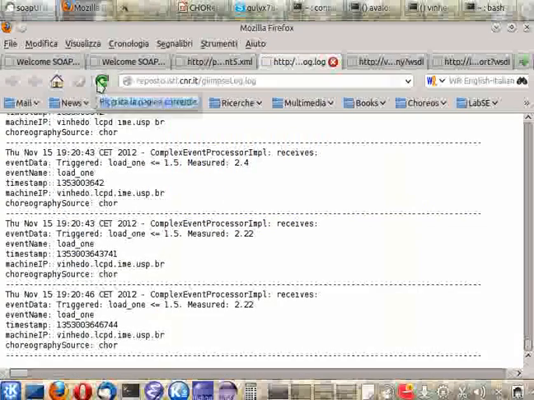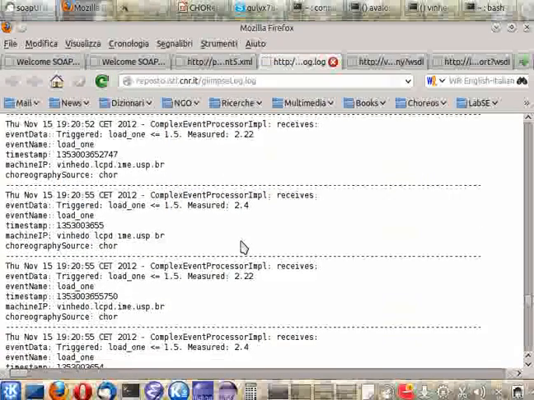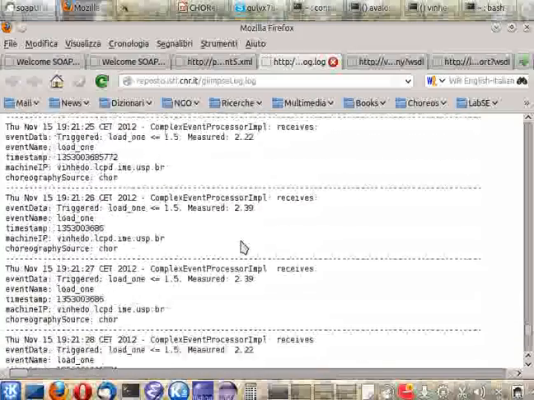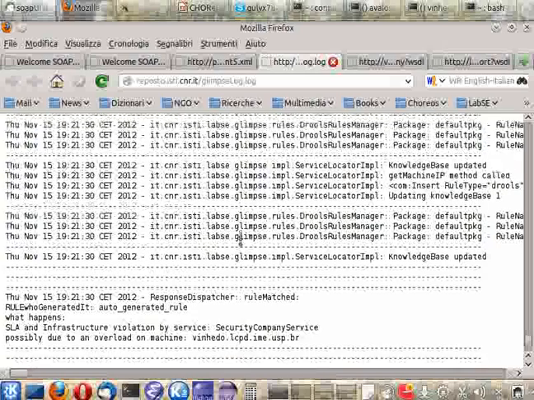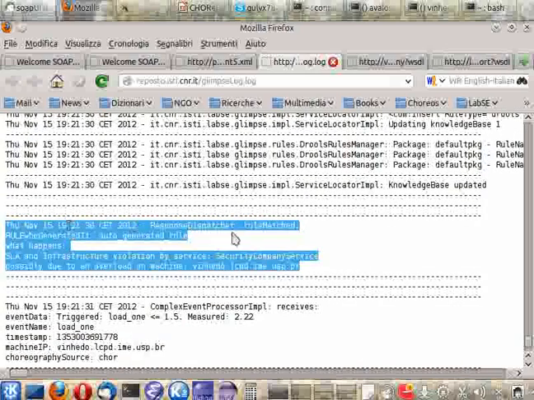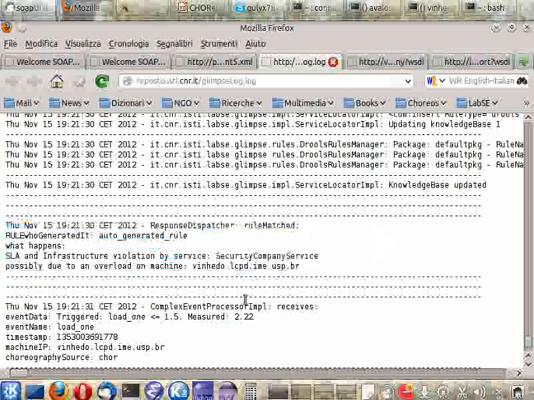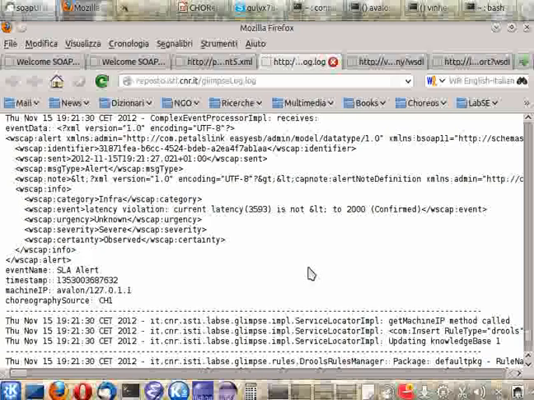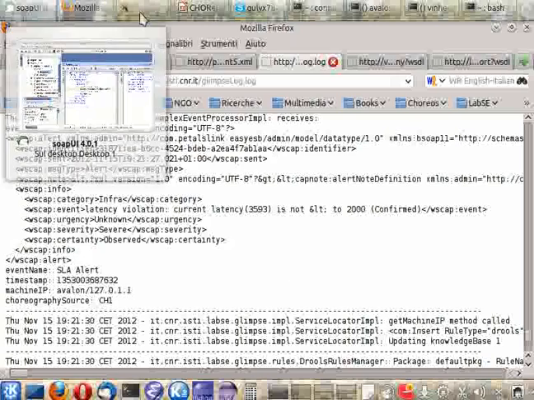Okay, this is the SLA. And here we go. We got a message saying that the SLA violation is due to an overload of the machine, possibly Vigneto. And this happened because the service correlated this SLA violation with the previous messages from the infrastructure level I showed you.